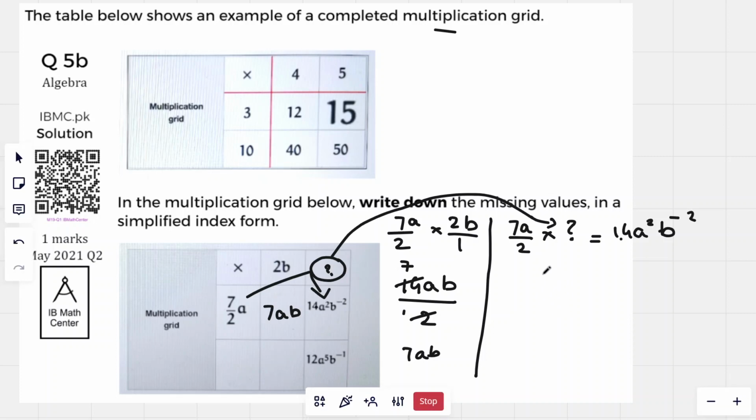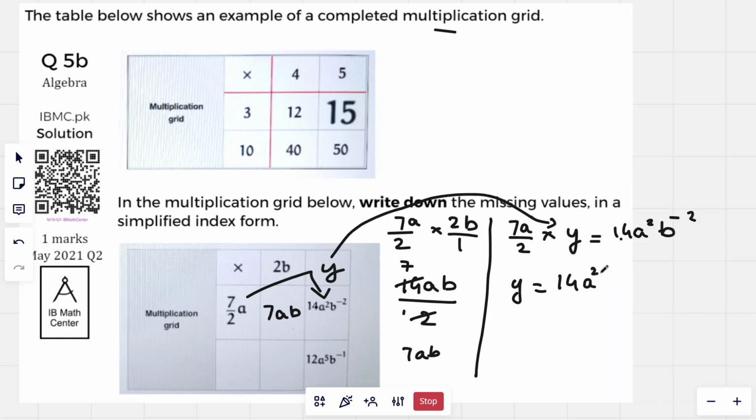Right. So if 7a over 2 is multiplying with this x, let's, for simplicity, take this to be a variable. Or take it y, because we've got a multiply sign here. We don't want to confuse multiply with x, right? So let's just take this variable to be whatever this is going to be, y. So 7a over 2 multiplied by y is 14a squared b to the power negative 2. Then 7a over 2, which was multiplying, would go there and divide, right? Y alone is